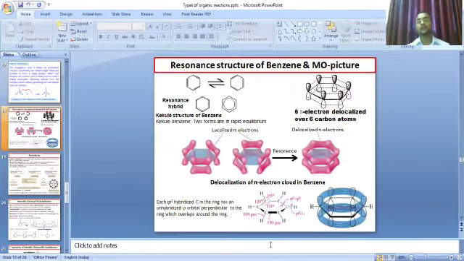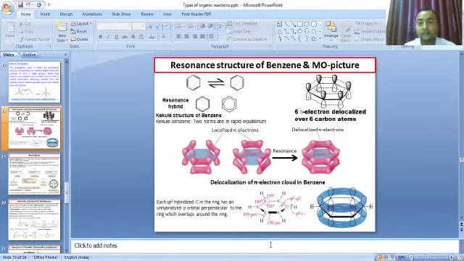Now we come to the resonance structure of benzene, because in the coming slides we will discuss aromatic electrophilic substitution reactions. So first we have to know the molecular orbital picture of benzene. As we know, benzene has two resonating structures, called Kekule structures, and the 6 pi electrons are delocalized over the 6 carbon atoms, which are represented by the pink orbitals, that are the localized pi electrons, and after